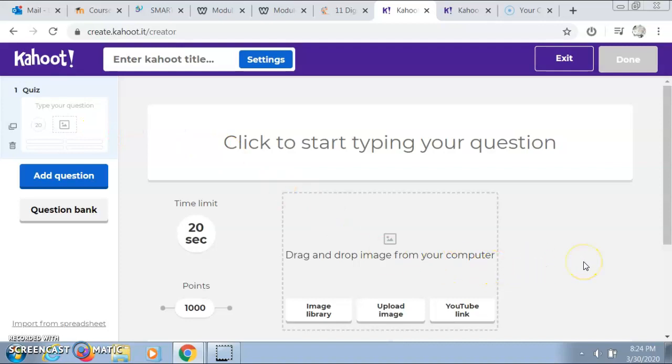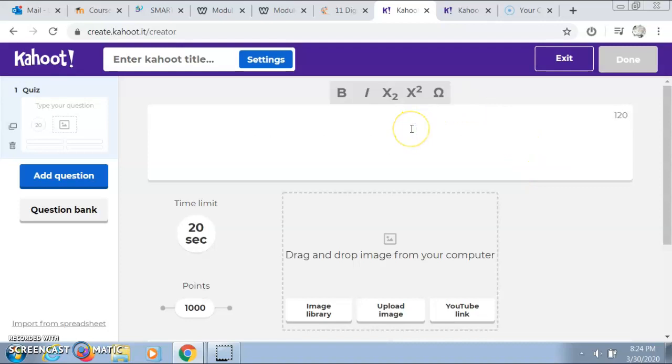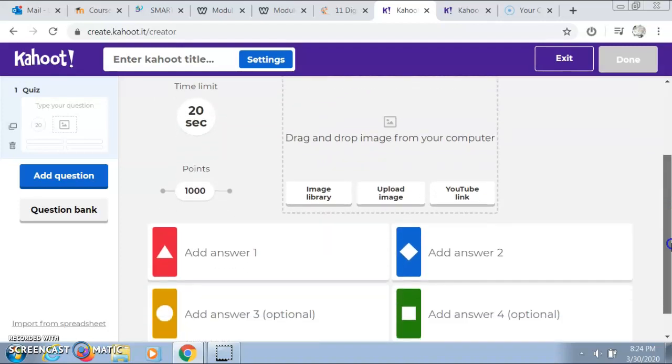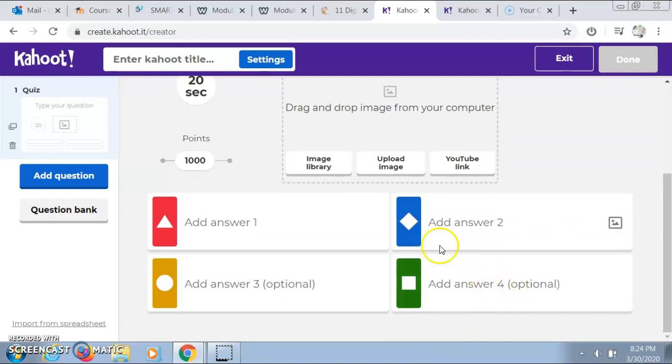For this example, I will be creating a quiz for a kindergarten class on word rhyming. To begin, you can type your first question in the top bar on the slide. My first question will be, which word rhymes with ball? Once I have typed this in, underneath at the bottom of the slide are the answer options where I will